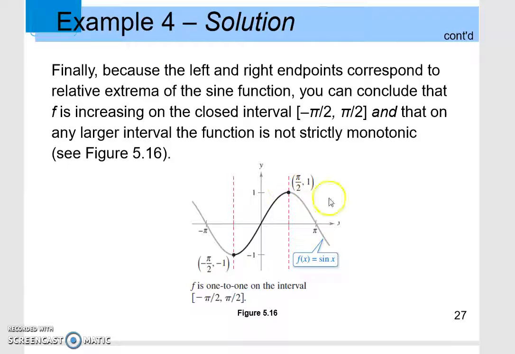Keep in mind, you probably could have used another interval. You could have started from pi over 2 to 3 pi over 2, and the only thing is you would have been going from maximum to minimum, so then its derivative would have been